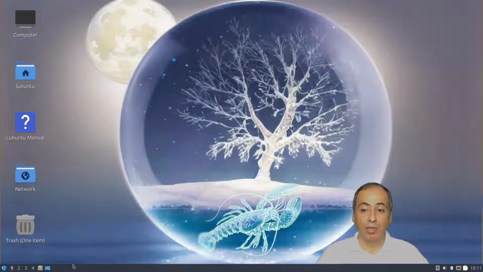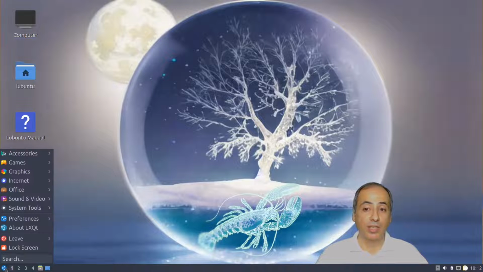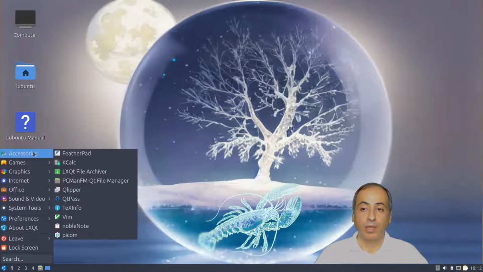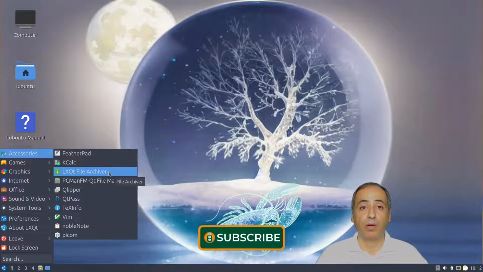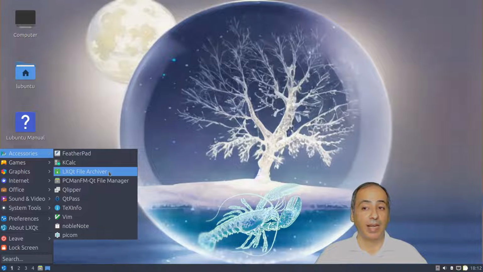The next thing we need to talk about is the applications that are installed. So here, if you notice, we have FeatherPad. This is the same as Notepad, so it's good. We have Calculator. We have LXQt File Archiver, which is very nice because let's say if you have a zip file of movies or music, you can double click on it in the file manager. You directly can extract it. Not like some applications where you need to install an archiver. So this one gives you directly access to your zip files or your tar files from the file manager, which is